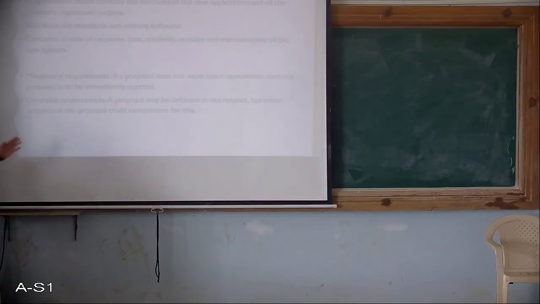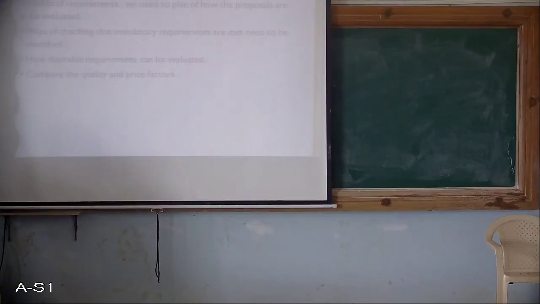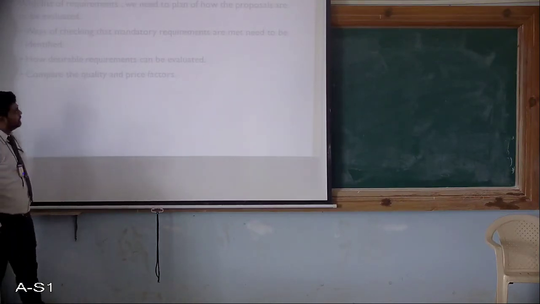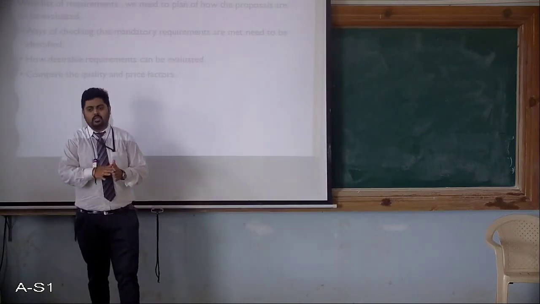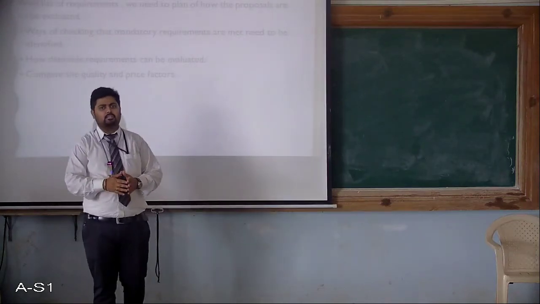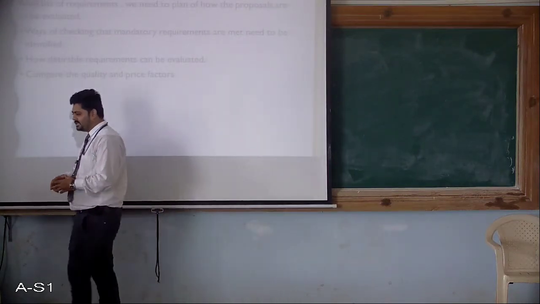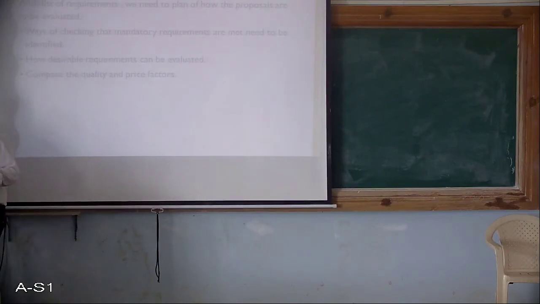Okay, this is the first phase, the first stage of your contract management. Then comes the second phase, the evaluation plan. In the evaluation plan, we have gone through all the kinds of requirements, what type of requirements you need to process, what is mandatory, what is desirable, and what needs to be mentioned in that requirement. Then after completing the detailed analysis of your requirements, we can go for the evaluation plan.